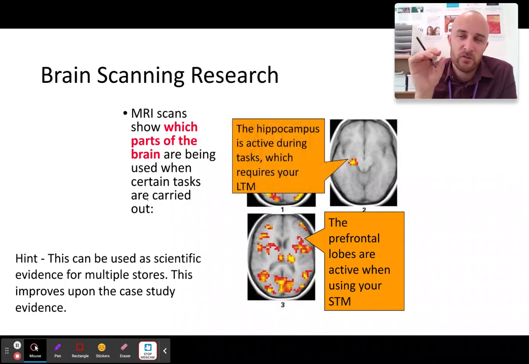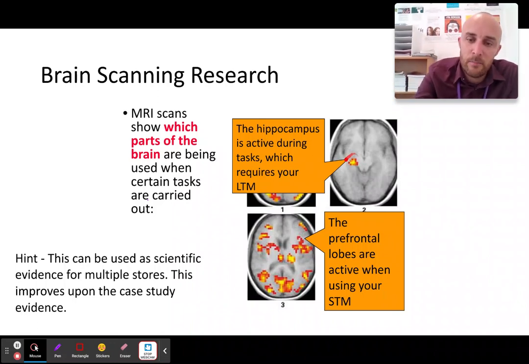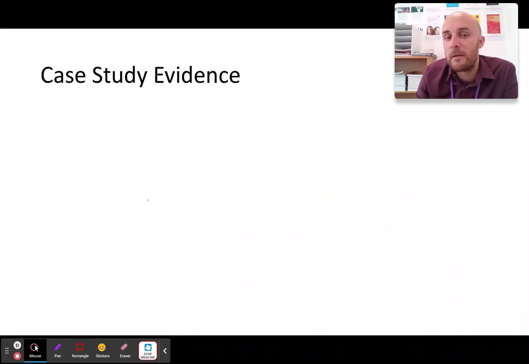The hippocampus, which is right in the middle, is about location memory. If I get you to close your eyes and describe your house to me whilst you're sitting in the classroom, what's happening is this little bit just here is lighting up again like a Christmas tree. So the hippocampus does seem to be active, particularly when we do long-term memory locations. If I get you to plot your route in your head, you leave your house and walk to your primary school, your hippocampus would be involved there.